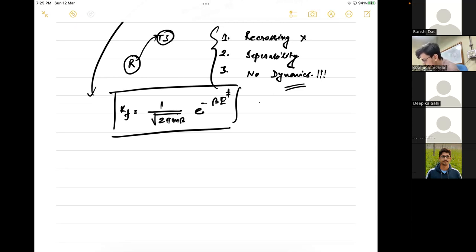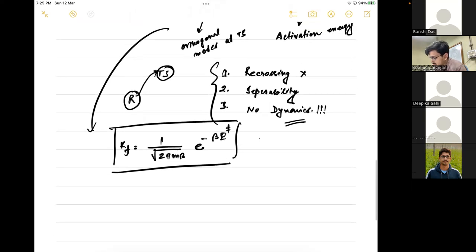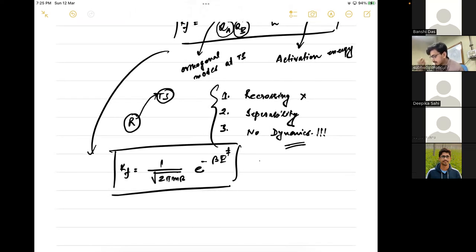Subhadip, how is no recrossing and separability translating to no dynamics? How are you getting this no dynamics part? Can you explain a bit more? So basically, a recrossing-free transition state means we are neglecting dynamics, right? Because let's say